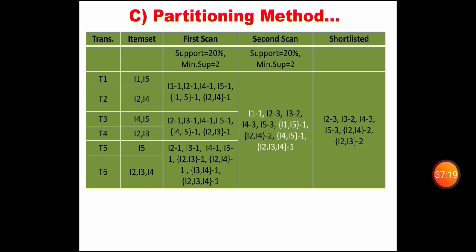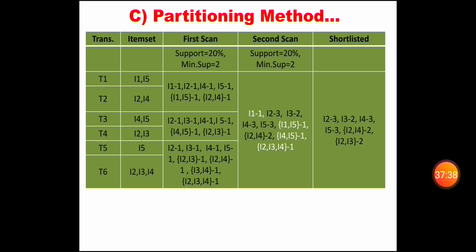The same way T5 T6 is the third partition. Here we have I2 I3 I4 in T6. If we combine these, the occurrences will be counted.